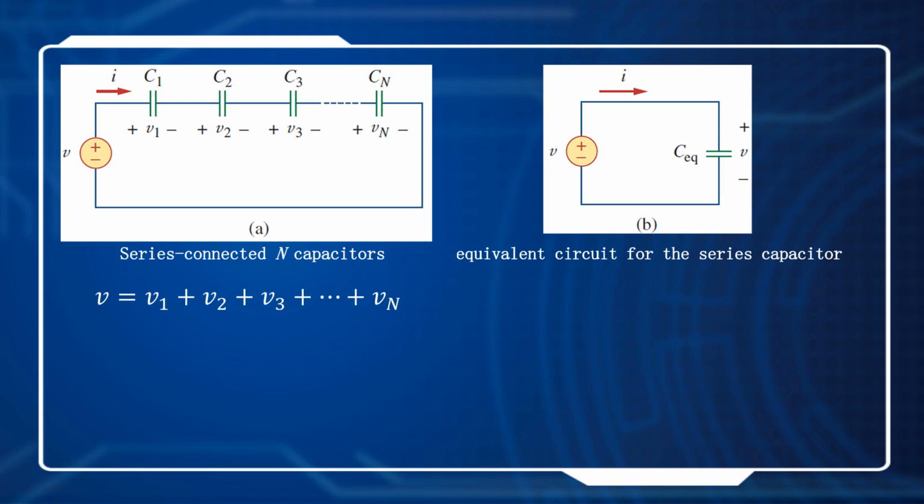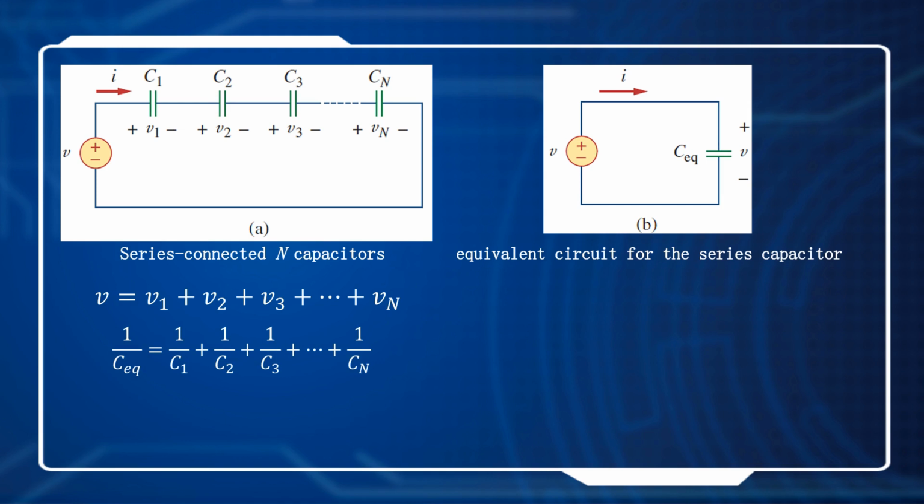And then we replace V1 to Vn with the current I, because all the capacitors are in series, so the current is the same. And then we get the final equivalent capacitance, and the reciprocal of the CEQ equals the sum of the reciprocals